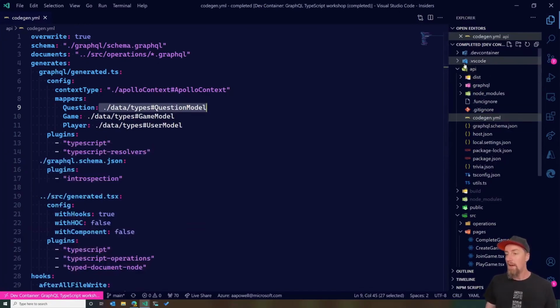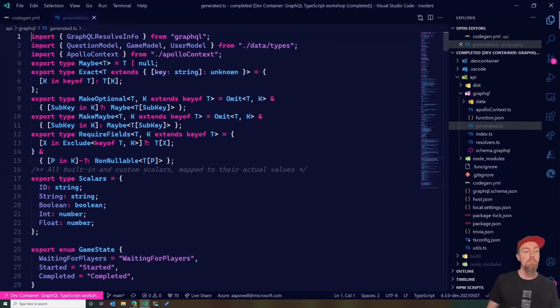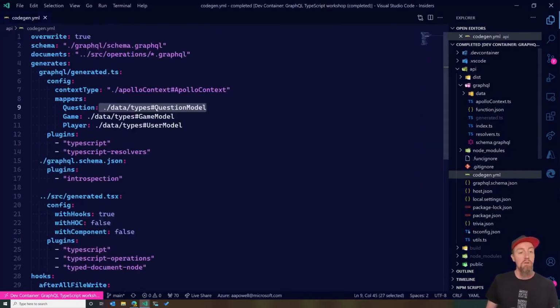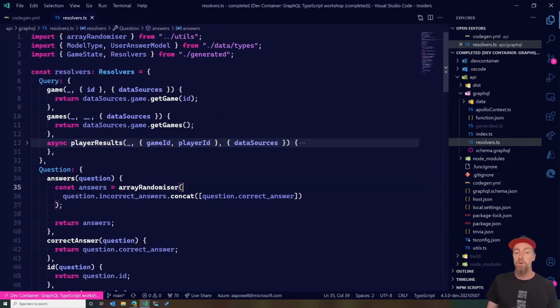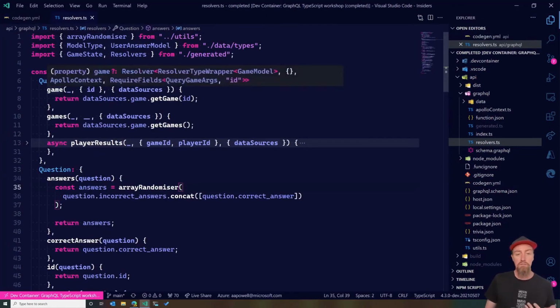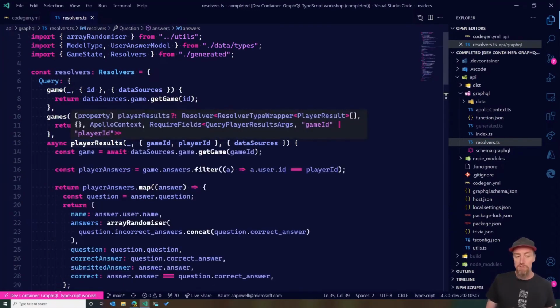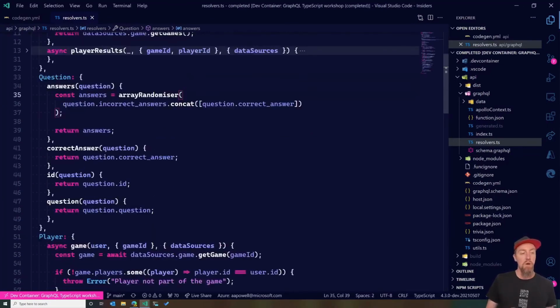There we go. And if we have a look at GraphQL generated, now we have a bit of additional information that's mapping between our questions and our players. Because what it's doing is it's detecting that whenever it finds a question, it's going to return a question model. So how does this work inside of our resolver? Well, now our resolver function is going to return a type of, this is returning a game model, which is expected here, or player results is going to return a different kind of model. And we're then going to map those a bit further down with our